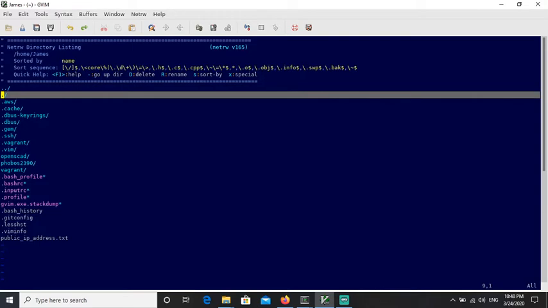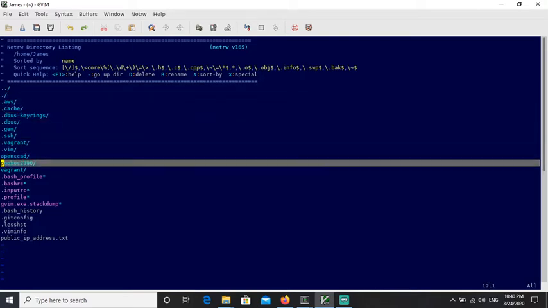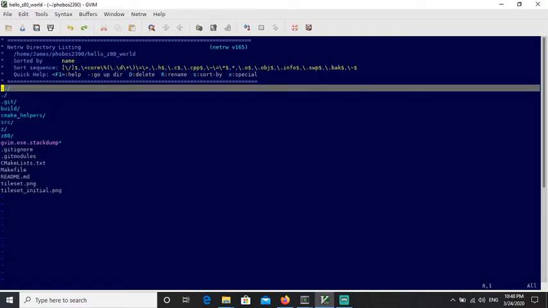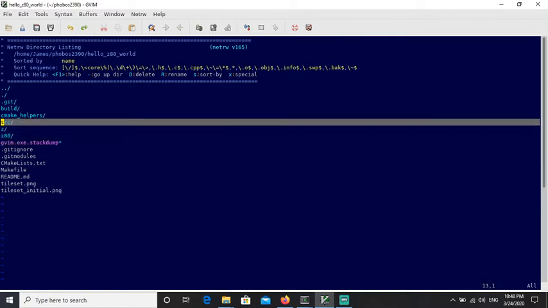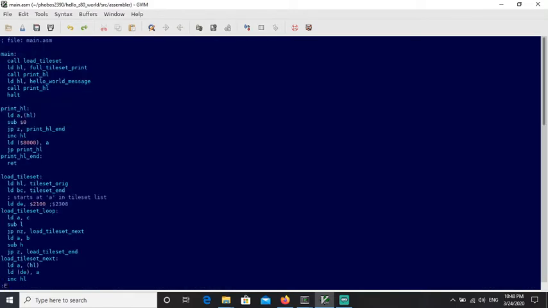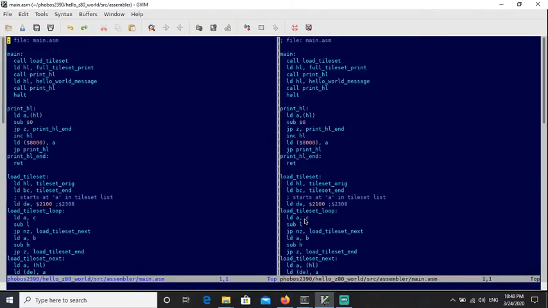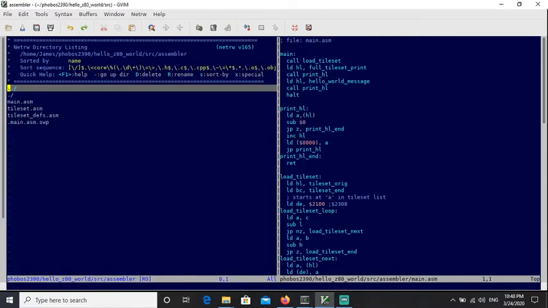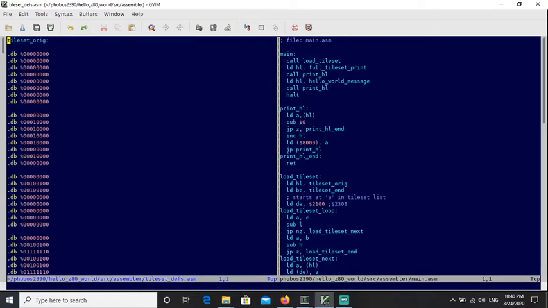So we're going to explore. We're going to go to here, and then source, assembler, main. And then VSP, explore, tileset defs. Okay. So what I have right here is the